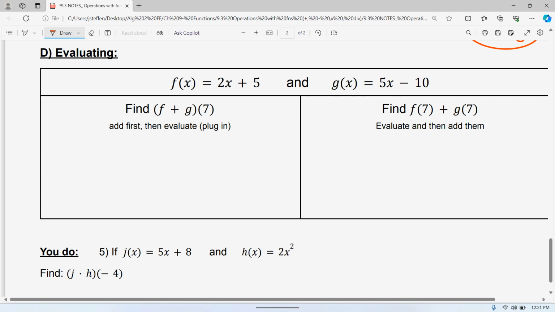Remember, if I have f of 7, that means I put 7 in for my f equation. We talked about that yesterday. If I have g of 8, I put 8 in for my g equation. That's what we talked about the other day. But if we have f plus g of 7, there's 2 ways to do it. One way is to add them together first. So 2x plus 5